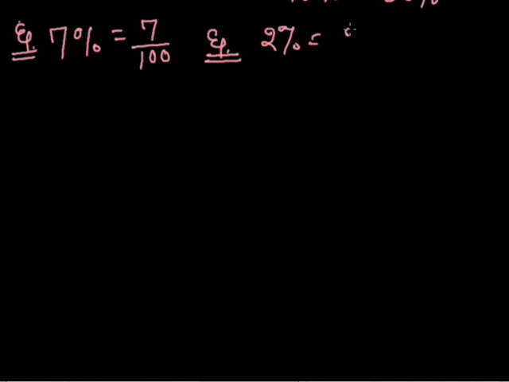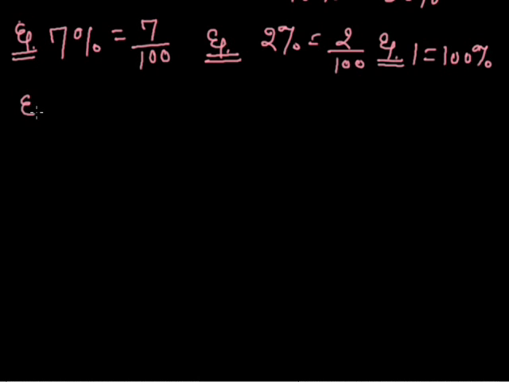Now percentage means per 100. Everything you have to calculate per 100. For every 100, out of 100 how much is it? For example, if I am saying 7%, by 7% I mean 7 upon 100. If I am saying 2%, then I am saying 2 per 100. If I am saying 1, and I have to calculate percentage for this, as I can see that 1 is a whole fraction, that means it covers 100%.